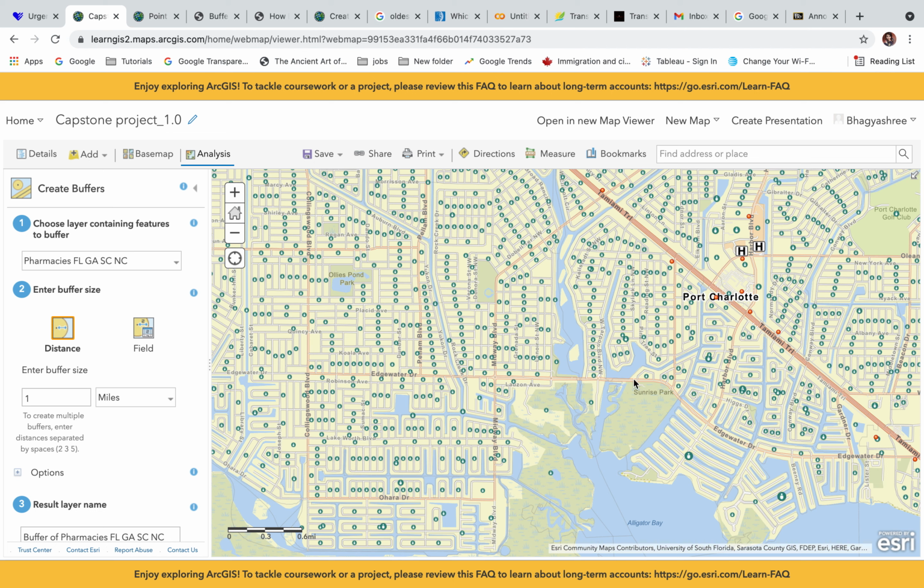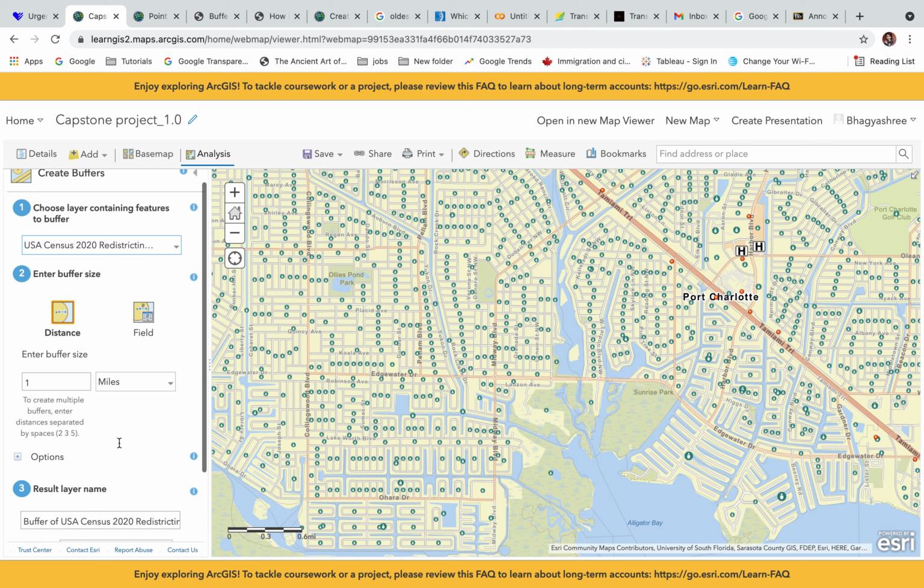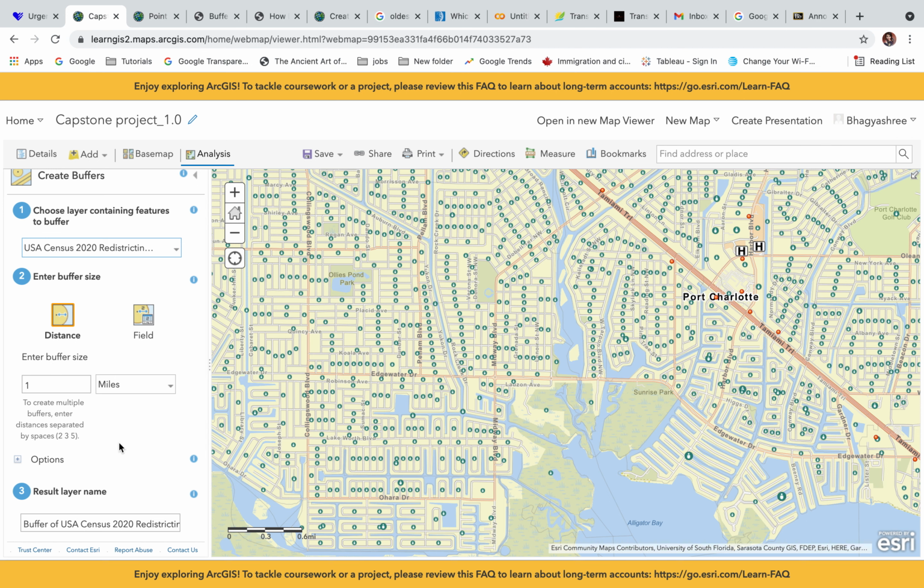So here we want to choose first from the blocks, how many miles people can walk. Here I'm going to add 5 miles, and that is the distance it will show, if they want to go by walking, how much area there is.